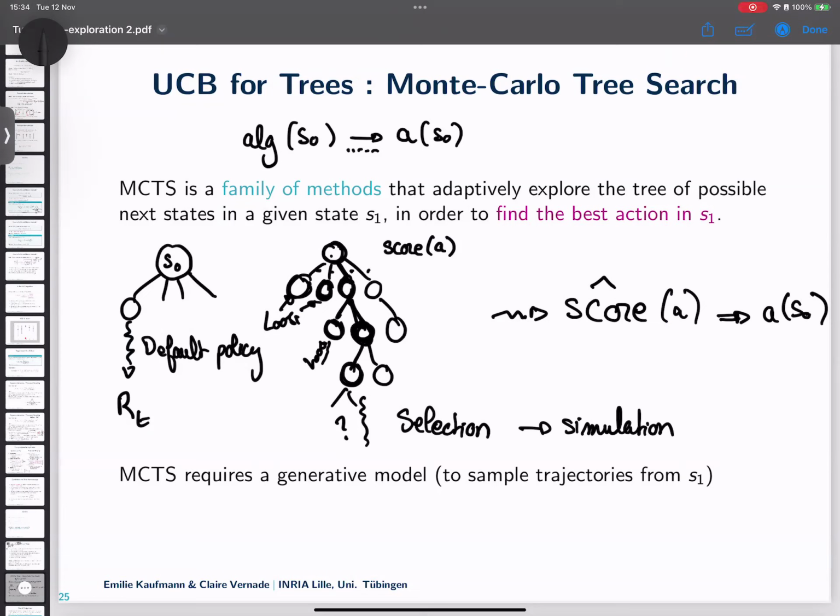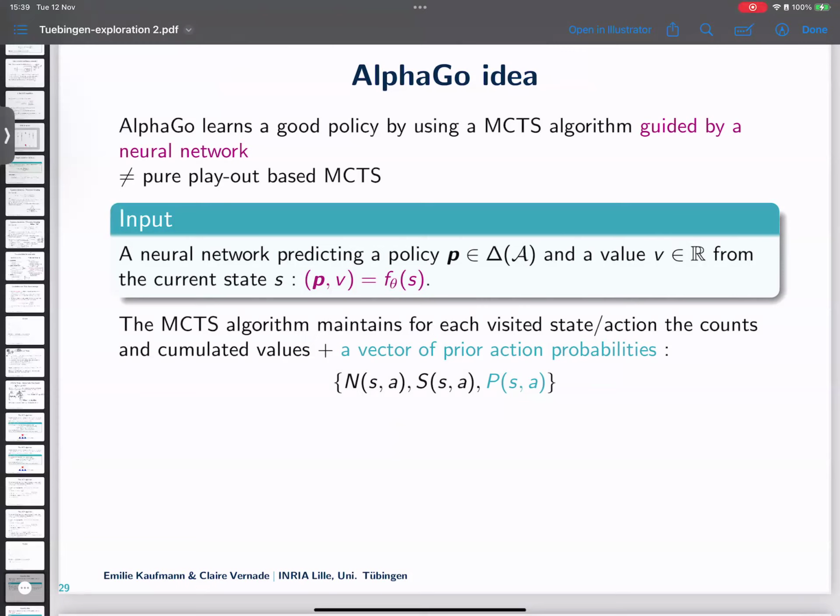I'm not sure I have a very good answer to this, but in general, what is going to happen now is that these boards are potentially similar to each other. For an expert Go or chess player, one situation and another might be extremely similar, and we would like to know this similarity so that the tree has a structure that we can leverage with machine learning techniques to estimate what could be the value in a node that I haven't seen, if I have seen another node that is similar. So you can use machine learning on top of MCTS, and that's the whole AlphaGo magic.